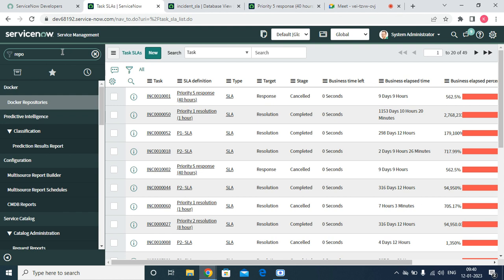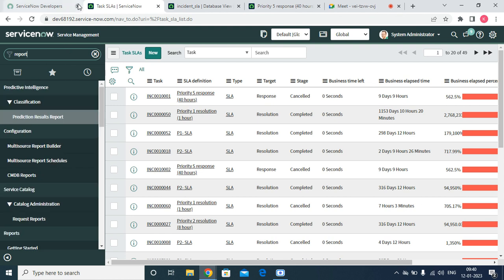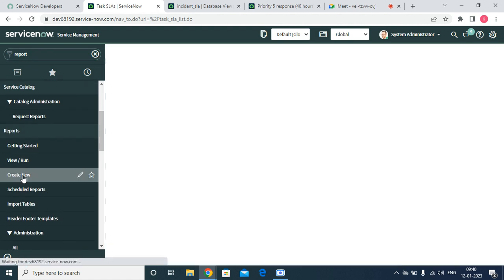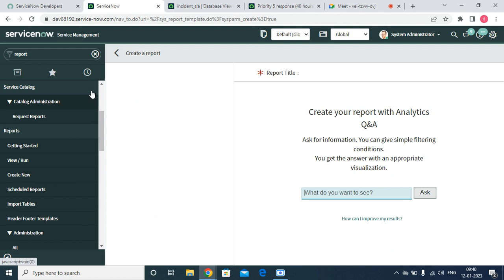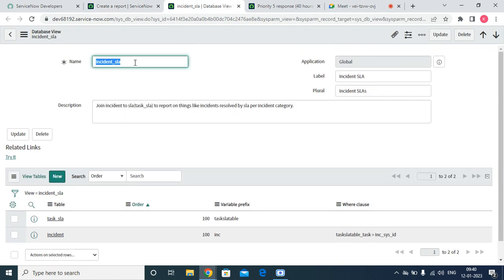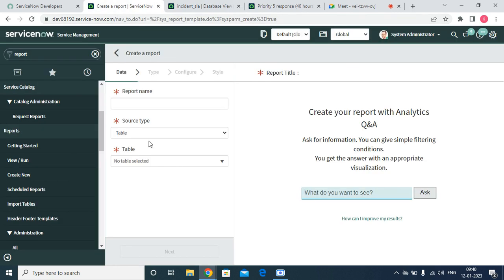So assume that your manager is saying that I want incidents which are closed in the last month, where the SLA has been breached. Whatever we are going to use, incident underscore table here, this is a logical table. Physically, it will not exist anywhere. We are storing those two tables in one table for reporting purposes only. So incidents, SLA breach incidents. So I'm just making